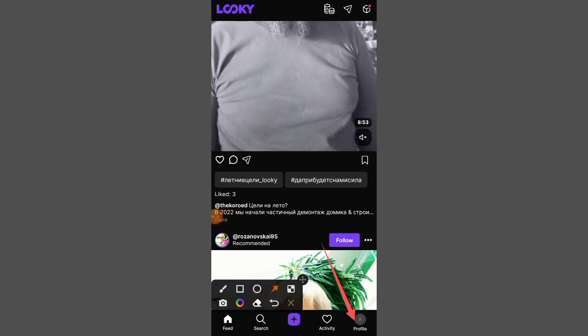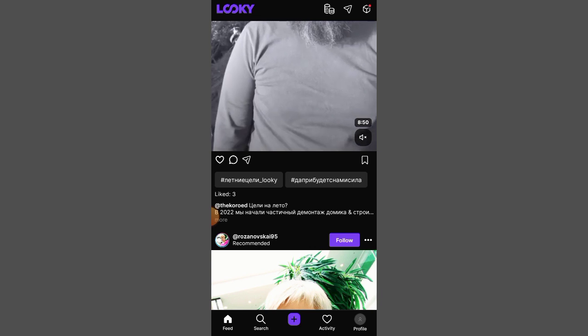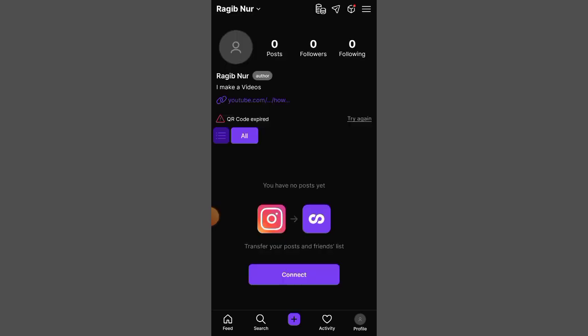You can see the profile page right bottom corner on the screen. So I'm gonna click profile, and once I click profile, then I'll see the three line option top right corner on my screen, like this one. So click three line,